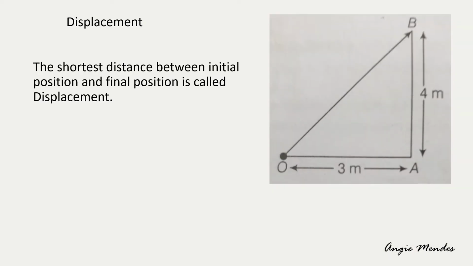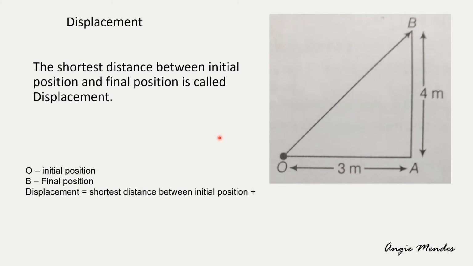So what is displacement? Displacement is the shortest distance between the initial position and the final position. To understand this better, let us look at this figure. If O is the initial position and the object moves from O to A and from A to B, here O is the initial position and B is the final position. So to find the displacement, we have to take the shortest distance between the initial position and the final position,